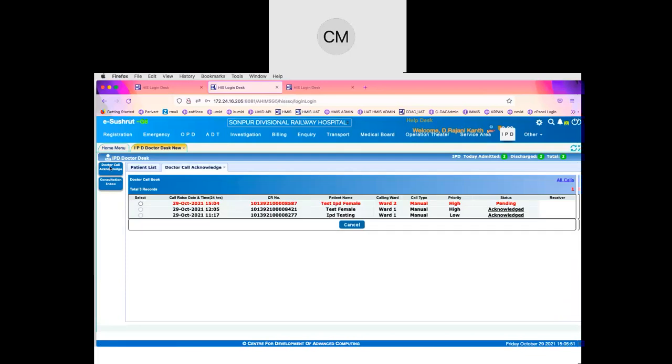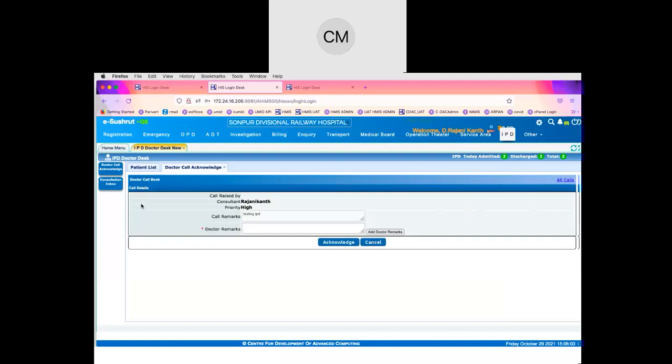We have come to the doctor desk, and in the doctor desk, initially we have the option doctor call acknowledgement. If you click on it, it opens the call log, showing all calls that have been received for the doctor for different patients. Here the reasons along with the priority will come, and the doctor can give remarks of acknowledgement.